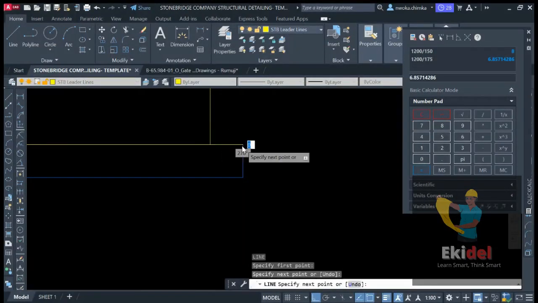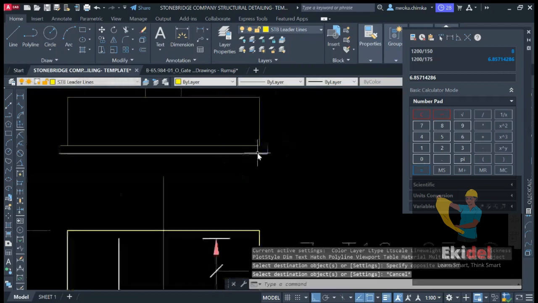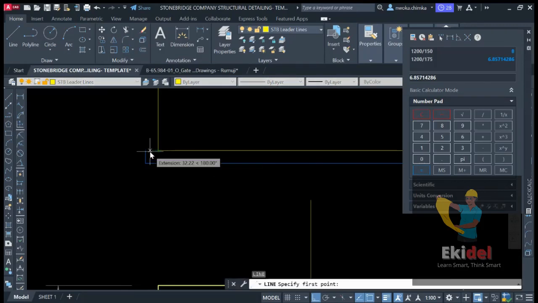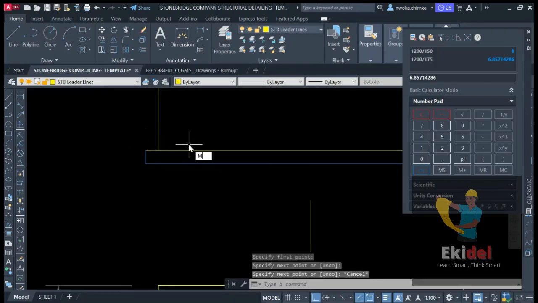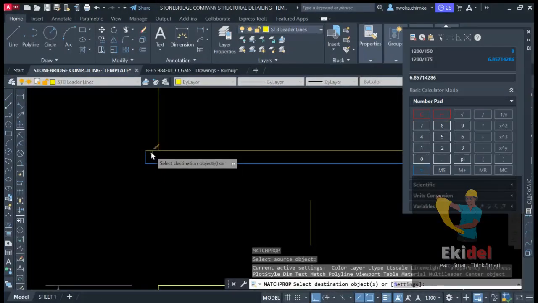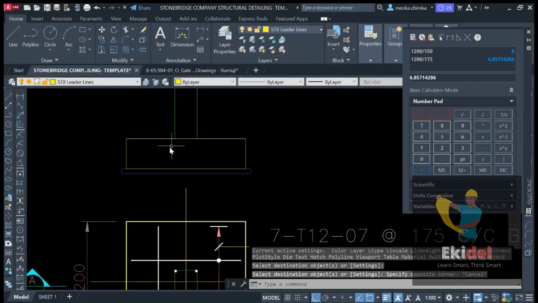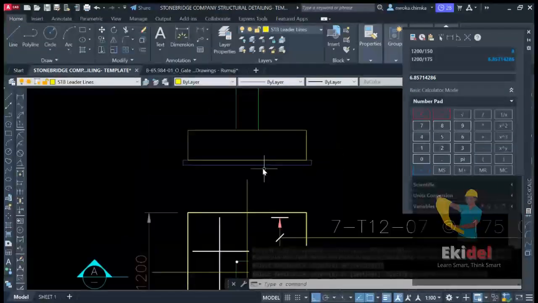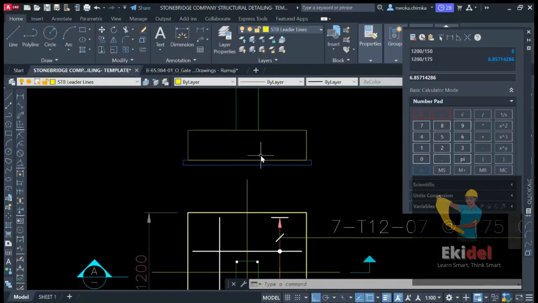So do this right now and change the blinding layer, this to this, and then this again right here, trim off this line, and then to here to here, and then match properties and do the same thing here. So this shows that our footing is sitting directly on our blinding and not directly on the soil. Okay, because it is always good for a footing to sit on the blinding first,